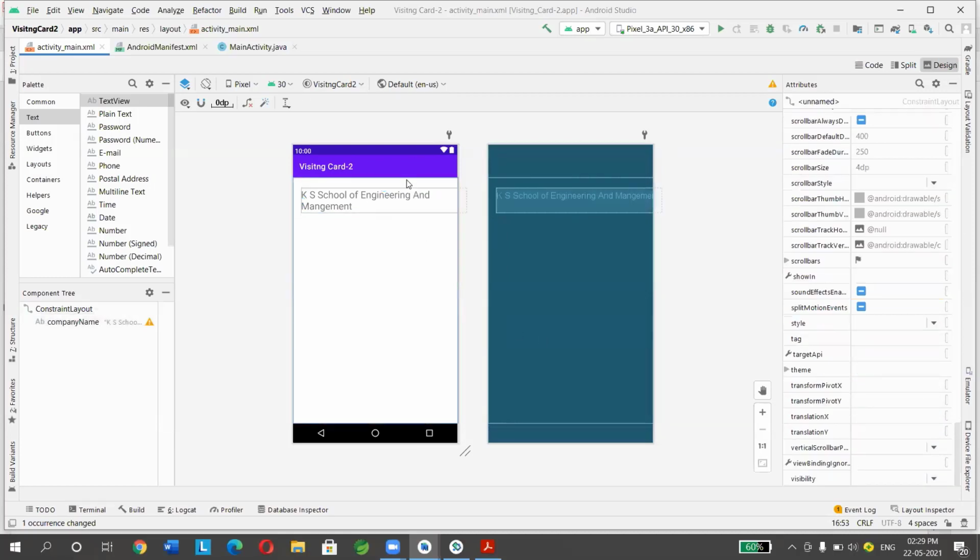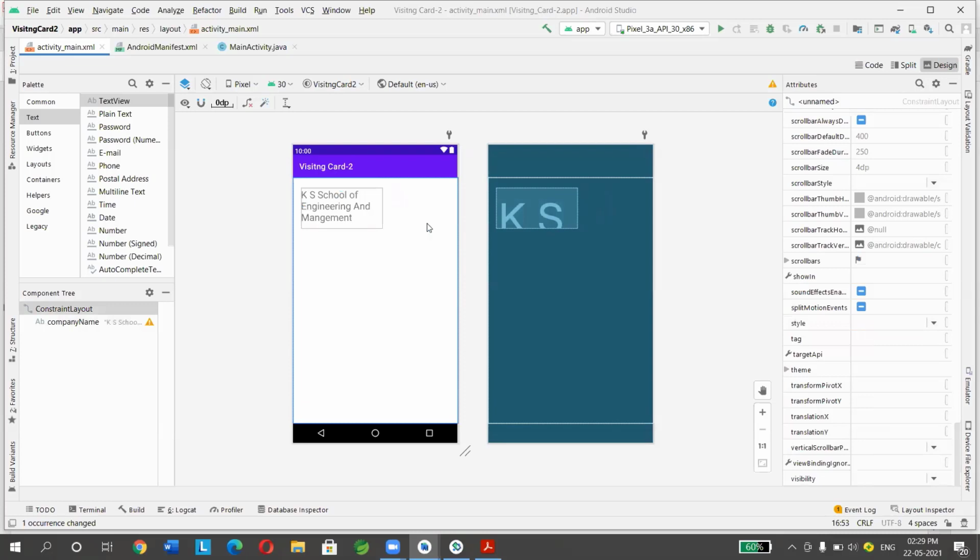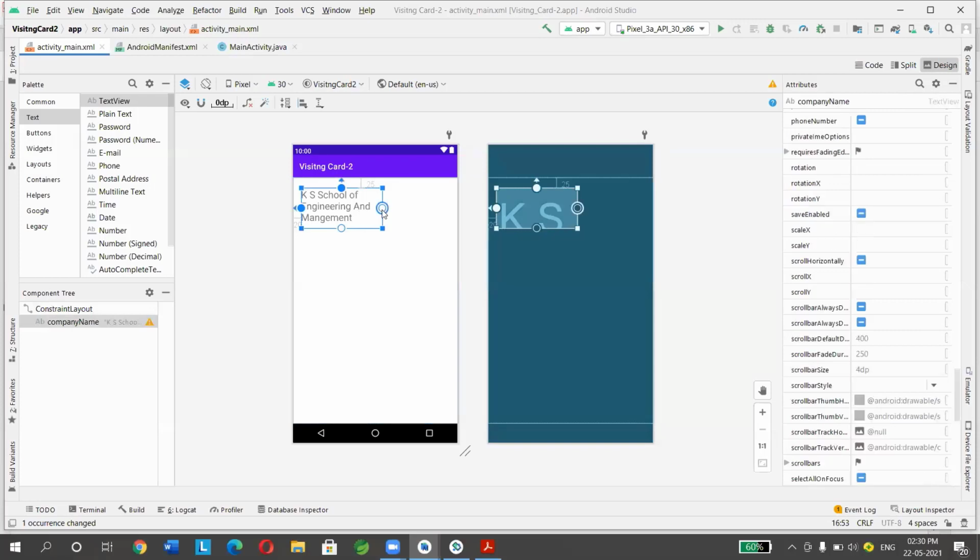Okay, now it's going out of range, so just rearrange this. Here I need to place the logo. That is the reason I rearranged this layout. So KS School of Engineering.